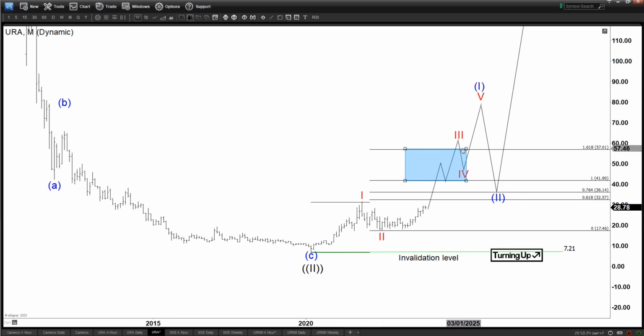Okay. So here, once it breaks above this previous peak, which is at $31.60, then it will confirm that this is indeed bullish, because you have a higher high. Your minimum target is going to be $41.90, and then it can go even as high as $57. Current price is 28, so that gives you a pretty decent return, right? 25% if it goes to 41,